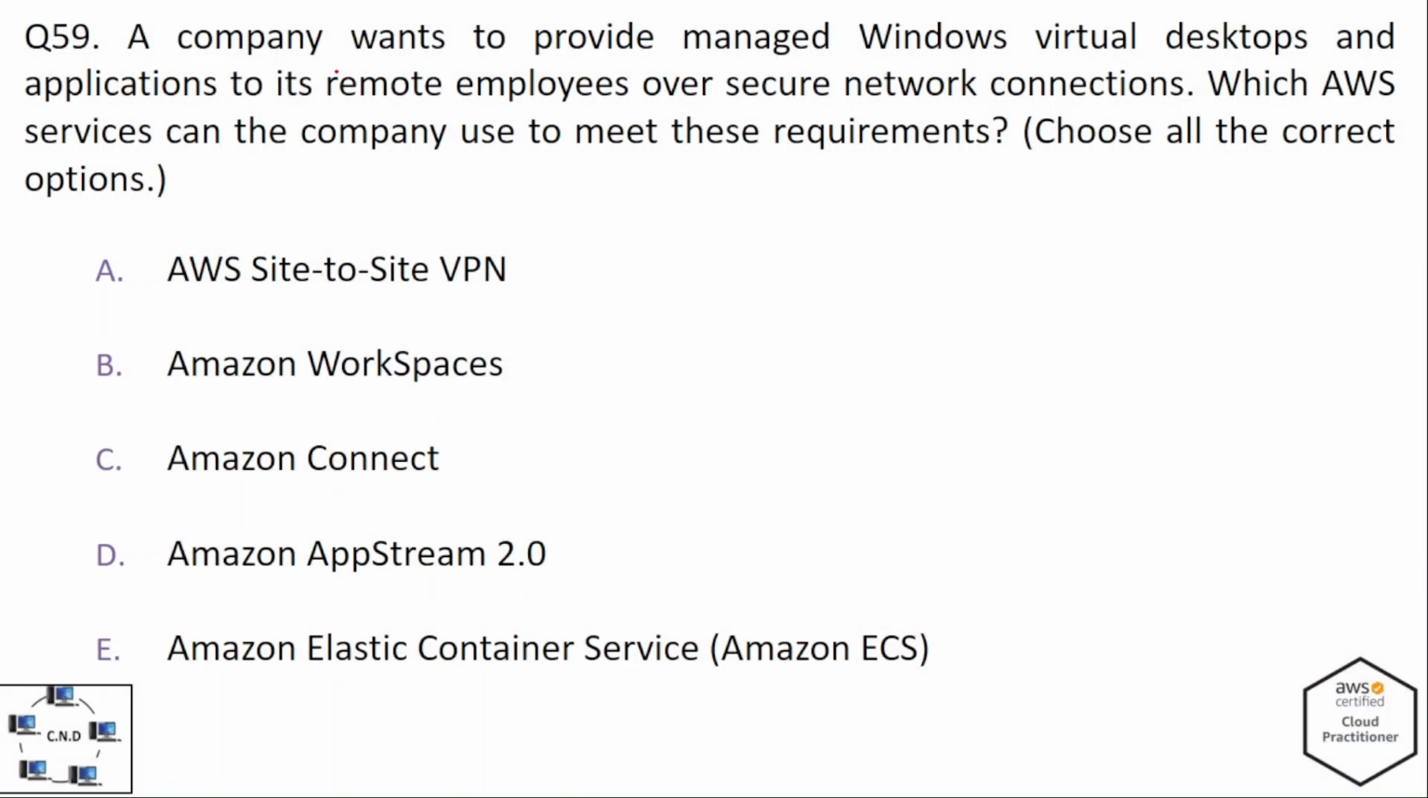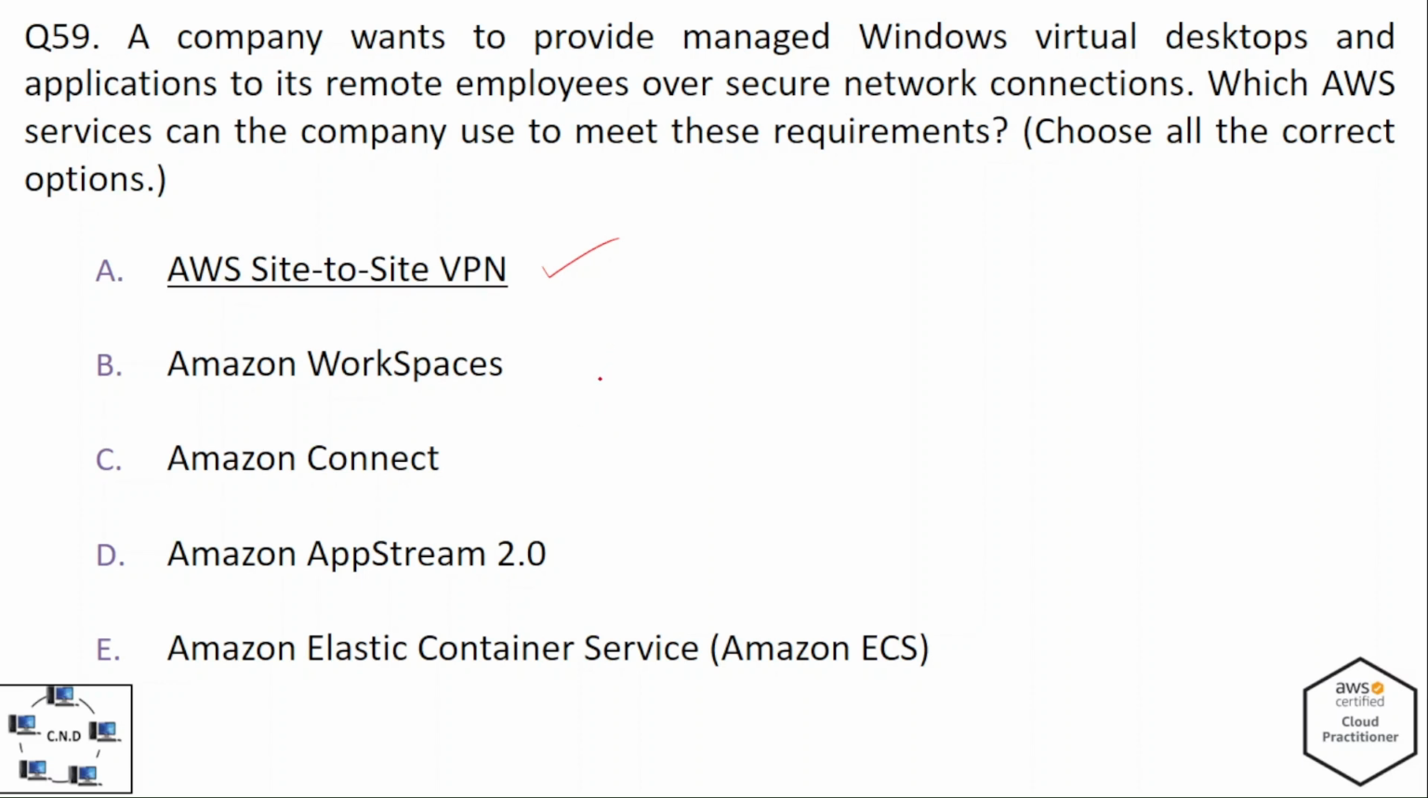Question number 59 is: a company wants to provide managed Windows virtual desktops and applications to its remote employees over secure network connections. Which AWS service can the company use to meet these requirements? And we have to choose all the correct options. And the correct options are, so we need to provide Windows virtual desktops and applications to remote employees over secure connections. So this can be done through AWS Site-to-Site VPN and through